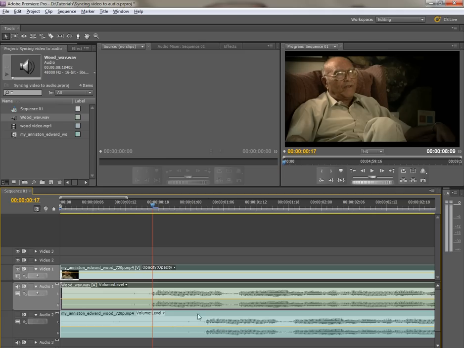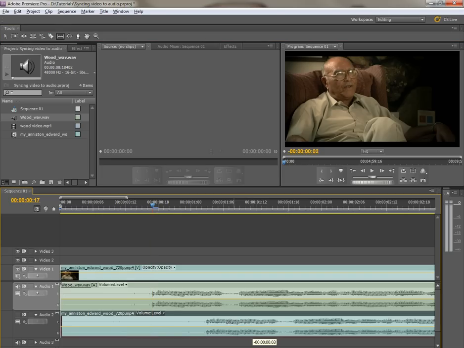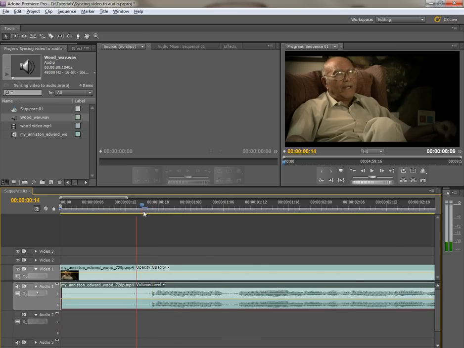They look similar enough to where you could sync them up visually using the slip tool, which is what I'm going to grab here, and then I just work on this track here and pull it up, and oh, not quite yet. Let's see, a couple more. One more. Oh, now it's in sync. Now I know that it's absolutely in sync. All right, and then once I know it's in sync, and if I want to eliminate this track here with my selection tool, I'm just going to grab this one and pull it up here, and boom, it's